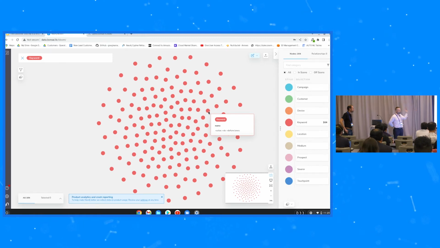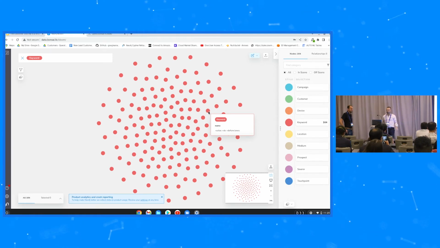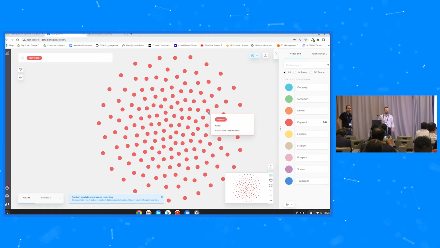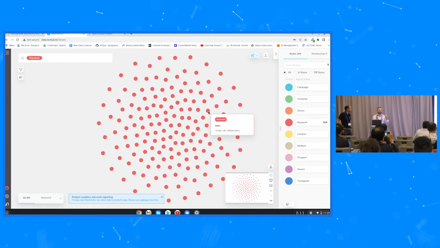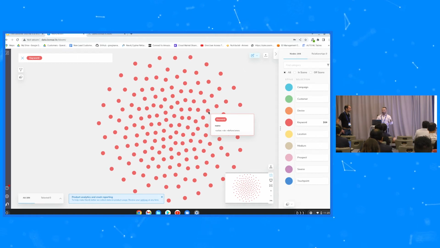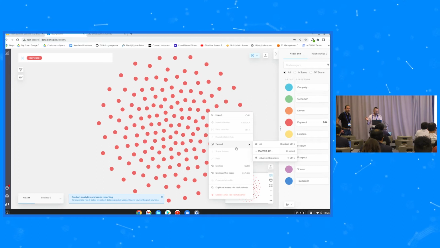And so you can infer a lot of things. If you're in the paid search business, you can infer a lot from keywords, but ultimately these are the unique ones. You're not looking at all of the clicks right now. You're looking at what's a unique term. And then from here I can